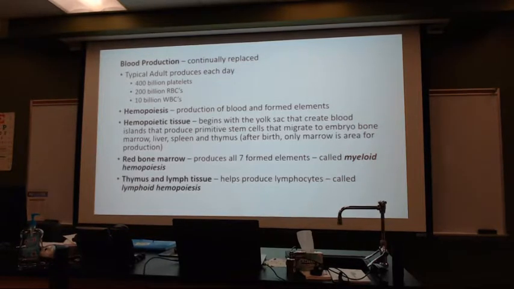And we mentioned the production of blood, and how we as adults, now note that some of the information is going to be about children, some about adults. But as an adult, look at what we get to produce per day. You know, that's a lot of material. Now, of course, as you get older, that production does slow down a little bit.